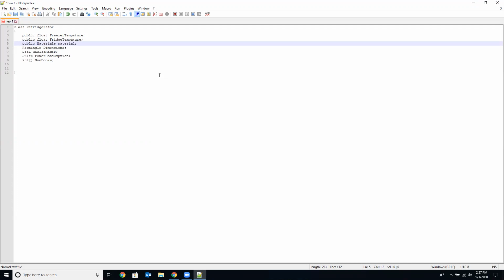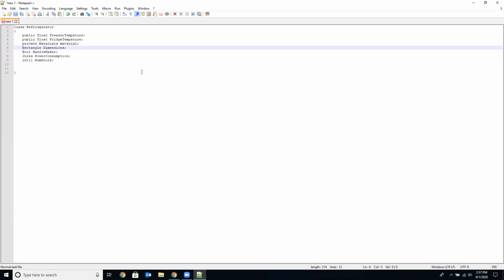Technically, it would actually be private. And the reason why it'd be private, I'm sorry, is because we can't change it, right? The refrigerator is the only thing that has access to the material. We can't change it from outside. You can't just come along and replace all the material in the refrigerator. They have to be like a technician or an engineer or something like that. Dimensions are going to be public because we can reference that